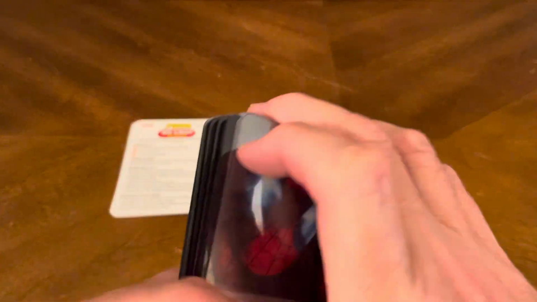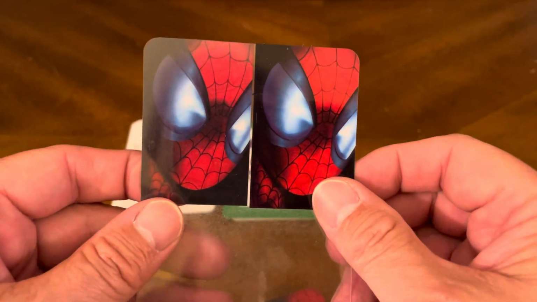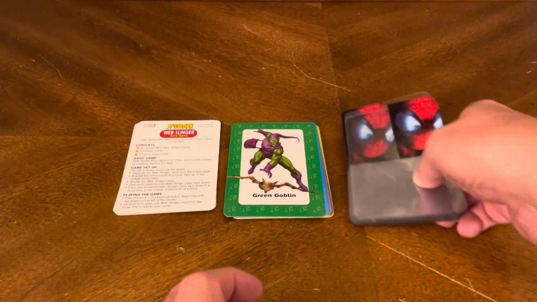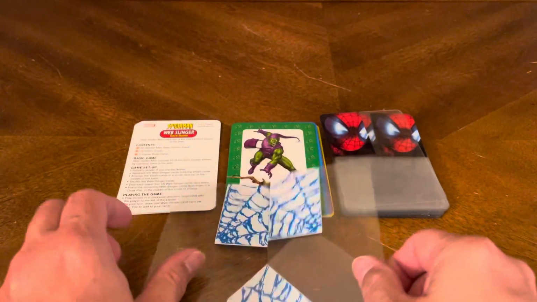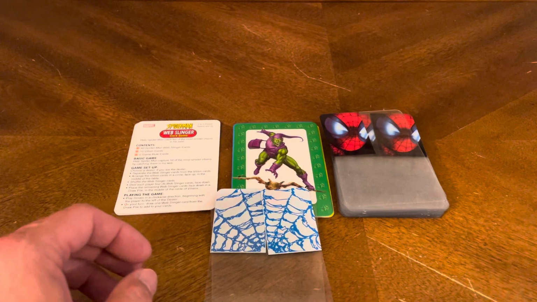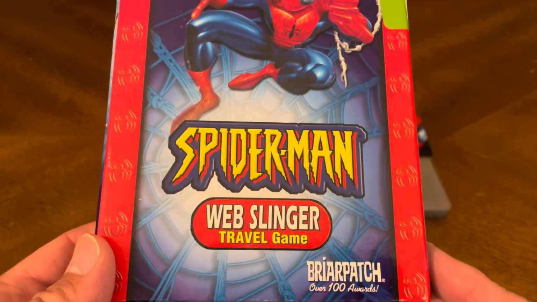And all the fronts are identical. Spider-Man's either on this side or he's on that side. It's one or the other. That's the only 2 options you have. And the pictures are identical, as you can tell. There you have it. That's everything that's included. I'll put the web down here so you see what it looks like. So that's everything that is included, and this concludes our unboxing of the card game Spider-Man Web Slinger Travel Game,